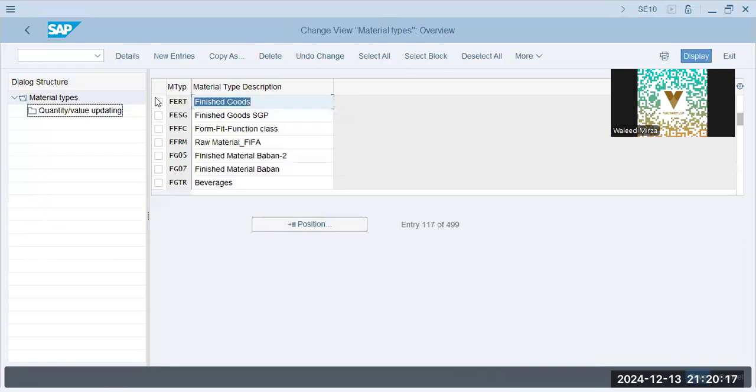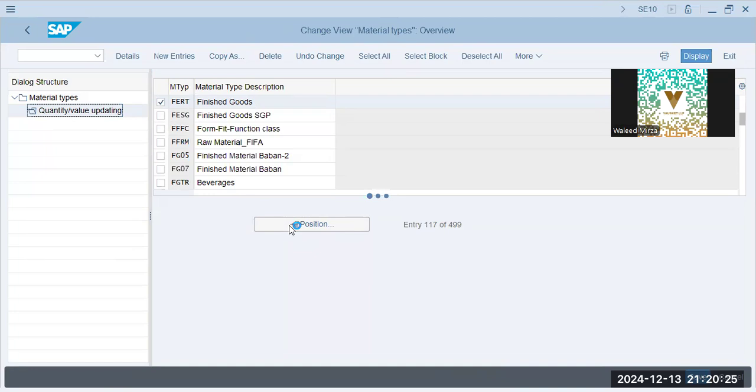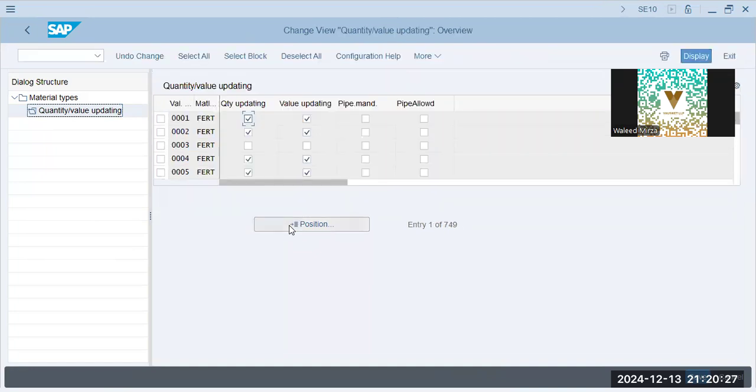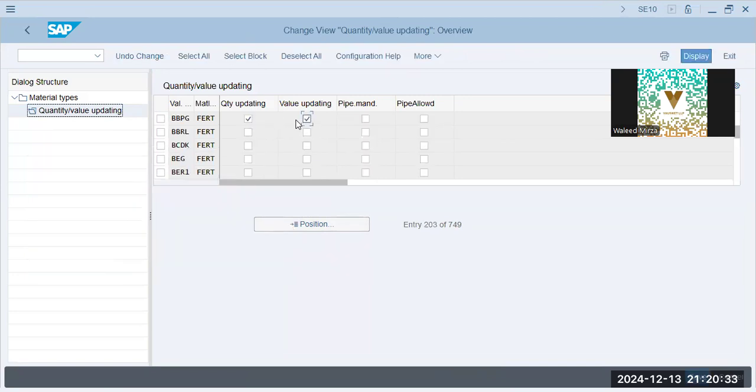Now FERT, finished goods. Enter BBPG, quantity and value. Whenever a material document is entered, quantity will be updated and value will be updated as well. Okay,